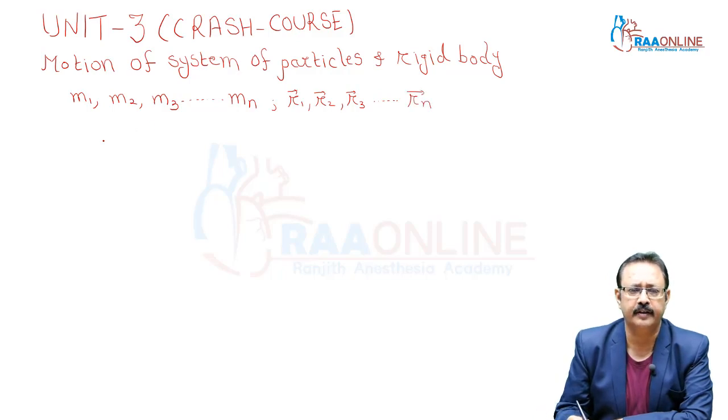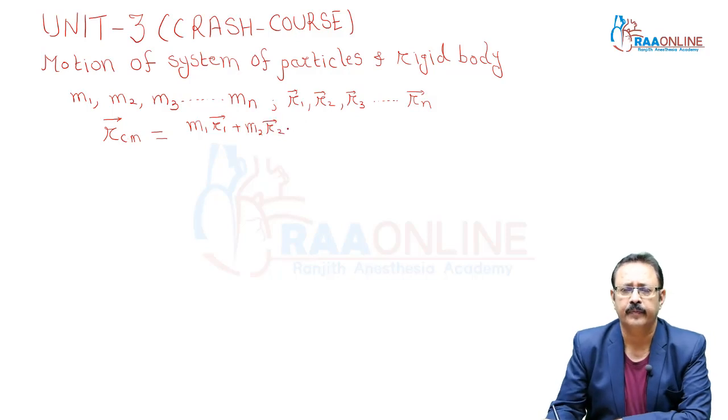You will find center of mass at a point whose position vector is defined by m1 r1. You have a derivation complete in your 11th class, m2 r2. I am just recalling all the facts, plus mn rn